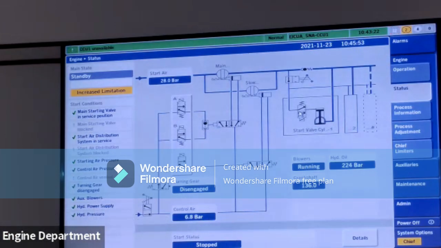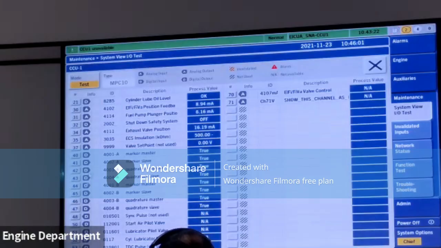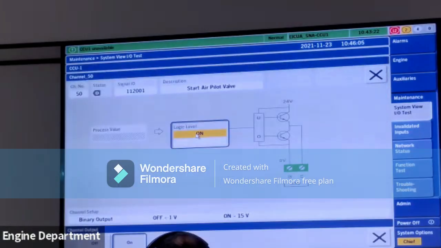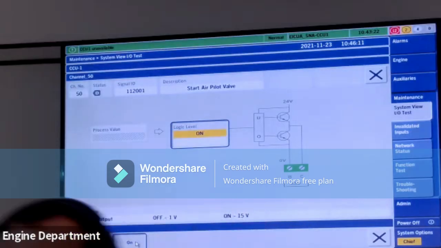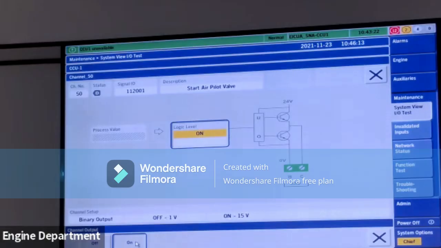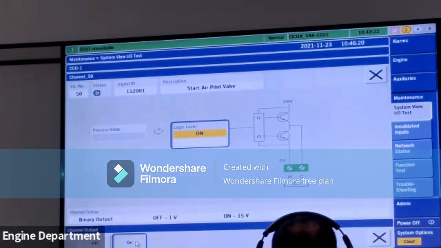Whatever, as a mechanic, I just ask someone from the engine control room to press on, off, on on this channel, just to activate and deactivate this channel. Off, on again. Near the pilot valve, I can hear the clicking noise made by the solenoid valve, which is operating. If the solenoid valve is operating, it means that everything is normal in the electrical control system